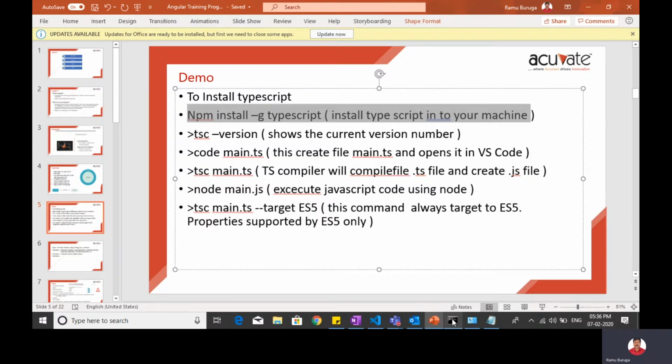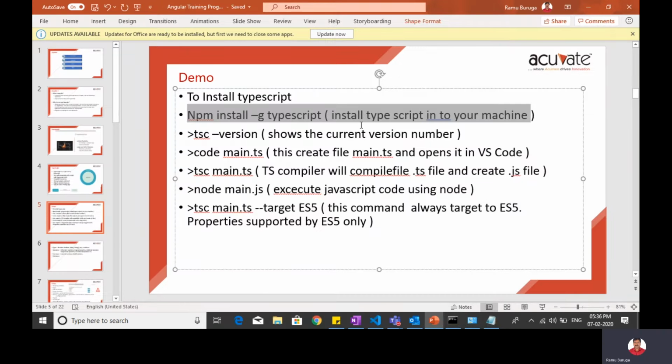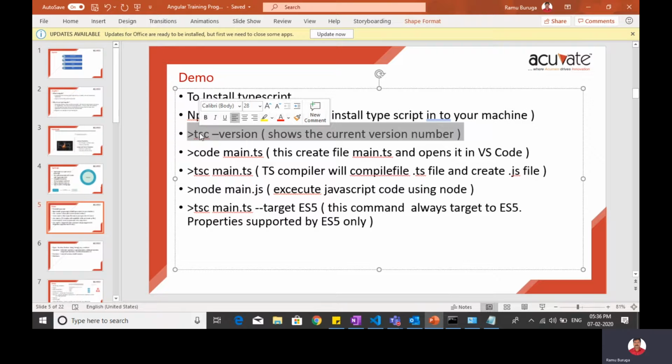First you have to install Node.js, the node package manager, and only then is npm available. TypeScript will come automatically with that, but if you want to install it explicitly, you can use this command, or use this one to get the latest. And tsc is the compiler of TypeScript. You know that every language has a compiler, right?